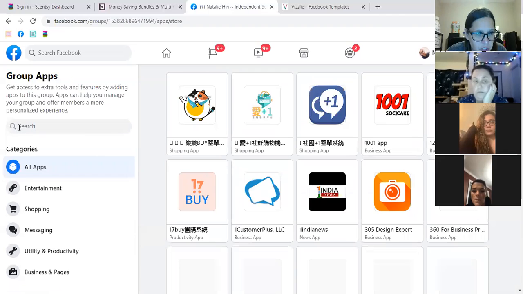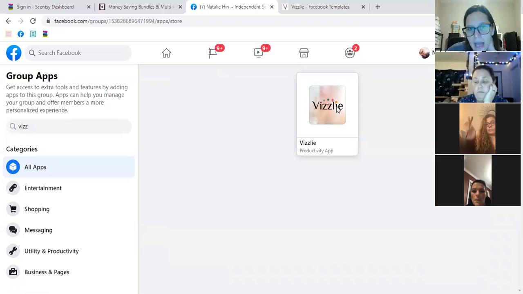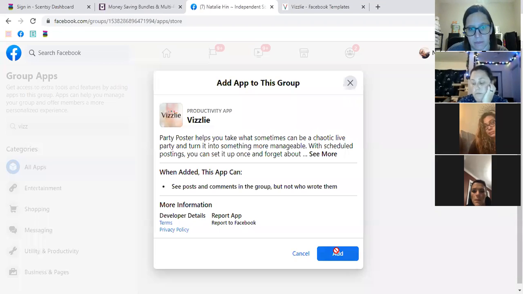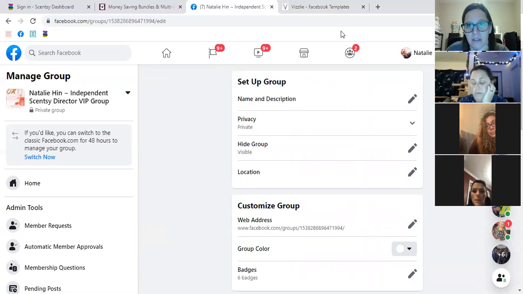And then here you search the apps you're looking for. And there's Vizzlie. So you want to add the app to this group. Okay, now Vizzlie is added to this group. So now I go back into Vizzlie and I go to